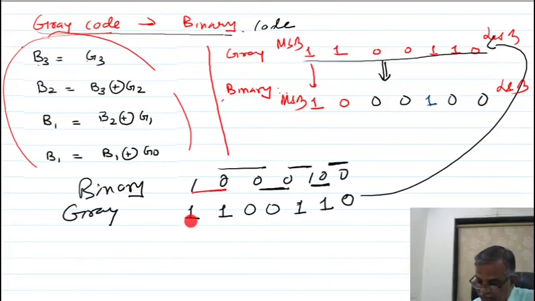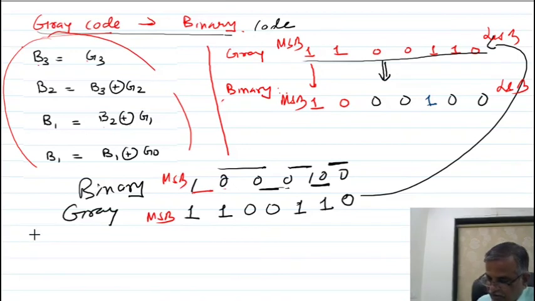So this is as it is, the MSB is as it is. Then take the exclusive OR function of these two. So here for this I will take this. For this, the exclusive OR function of this, 0. For this, the exclusive OR function of this. For this I will take the exclusive OR function of this. For this I will take the exclusive OR function like this. Similarly, if you want to find, this is a binary number 1 1 1 0 1 1 1 1 0.